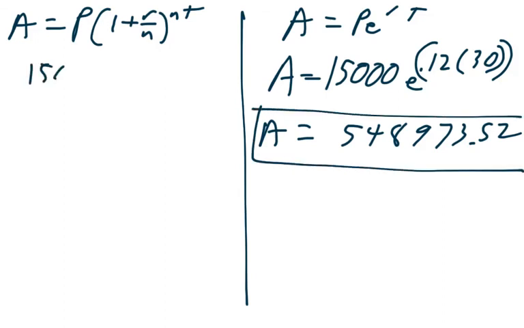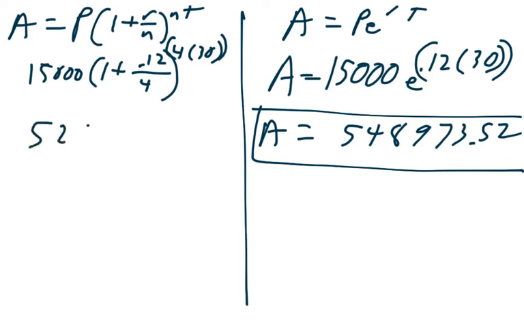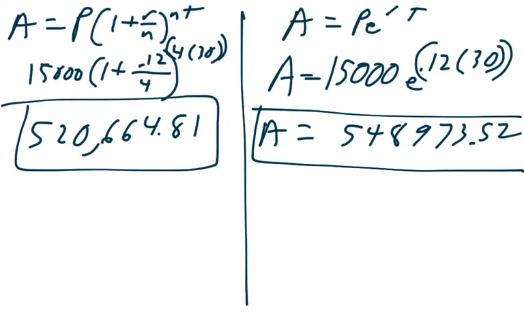Over here we have 15,000 times 1 plus, my rate is still 12%. Since I'm compounding quarterly, n is equal to 4, and the time is the same. Once again, put this in your calculator exactly how you see it. You may want to put parentheses around the exponent. And so this one gets you $520,664.81. Now, in the grand scheme of things, this is a lot of money, but the difference between the two, when I subtract them,